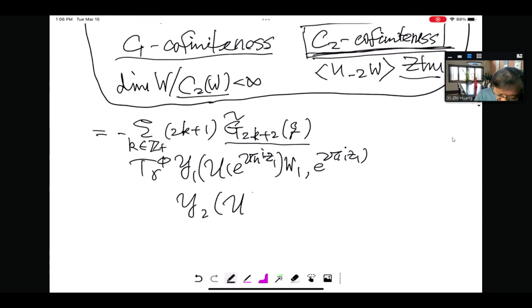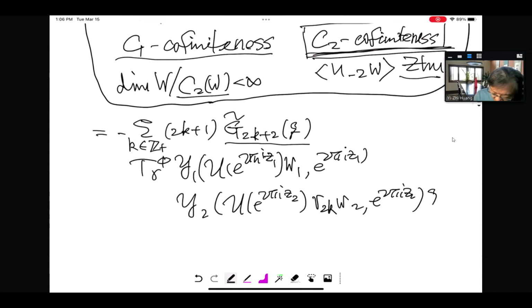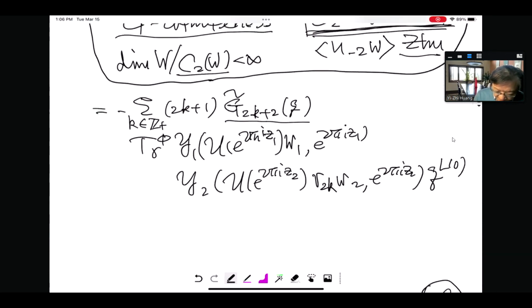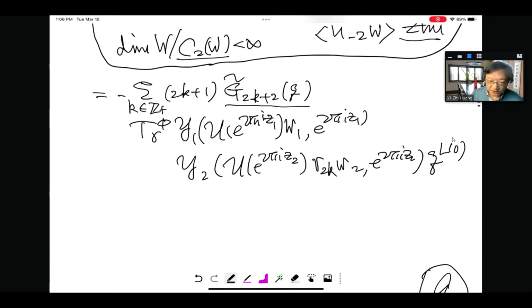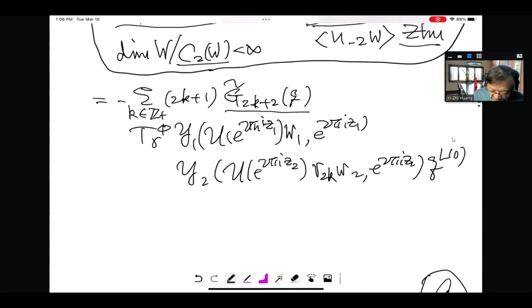Y2. Okay, here we have V2K, W2, and then Q as 0. So this is the first term. Now, just to observe one thing: this K is positive. When V2K acts on W, it always lowers the weights of W2. So that's important. And then the second term